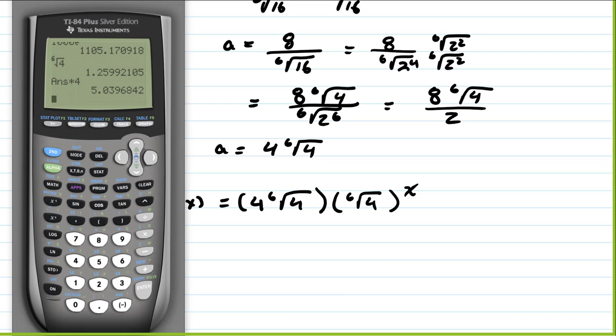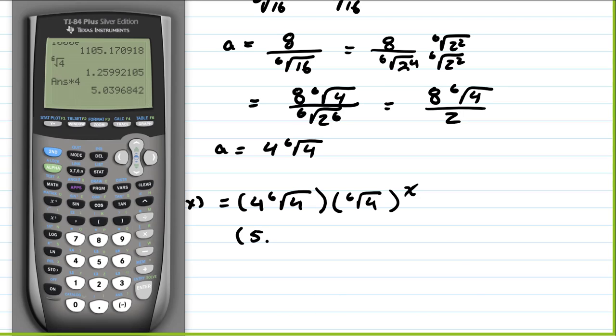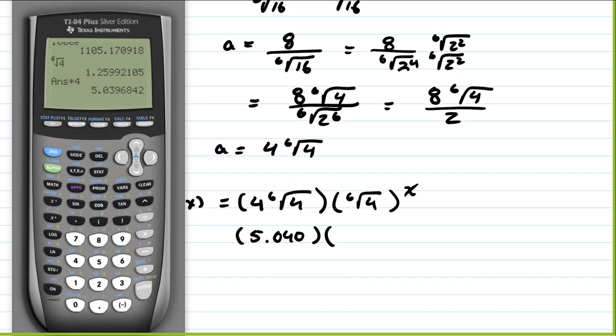So rounding to 3 decimal places, I would get 5.040 times the sixth root of 4, which we have on the previous, rounding to 3 decimal places, we would get 1.260